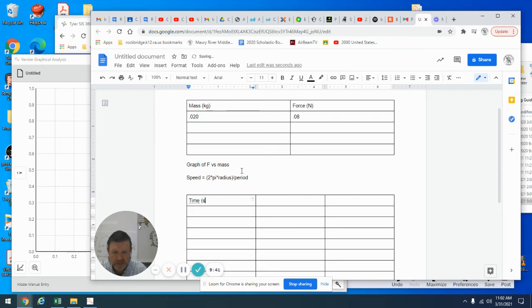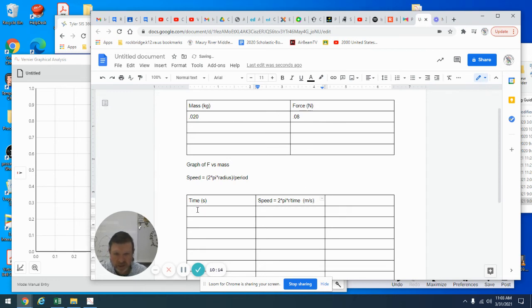Will be in seconds. And then I'm going to record speed, which is equal to 2 times pi times the radius, all divided by time. If I have my little calculation right there, so I can show my reader exactly